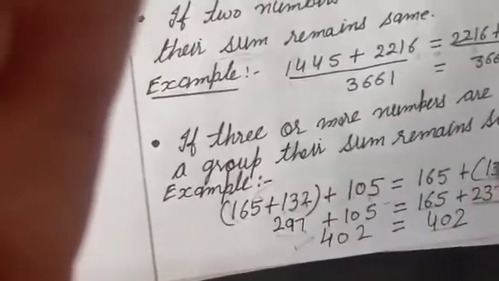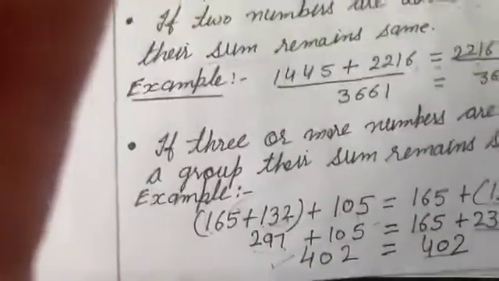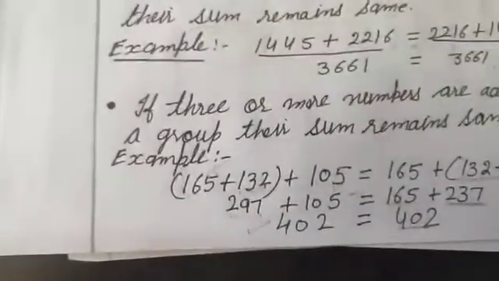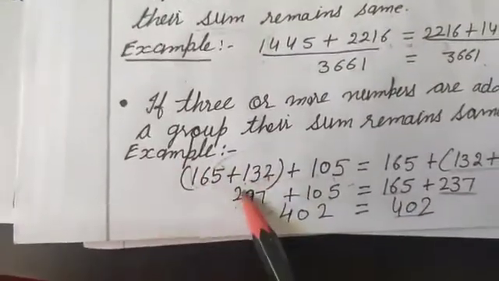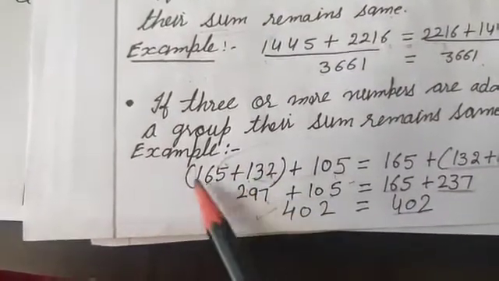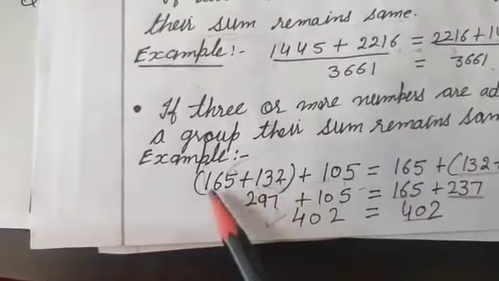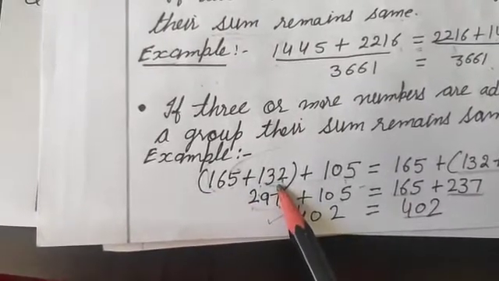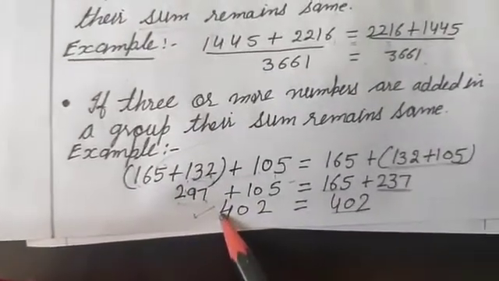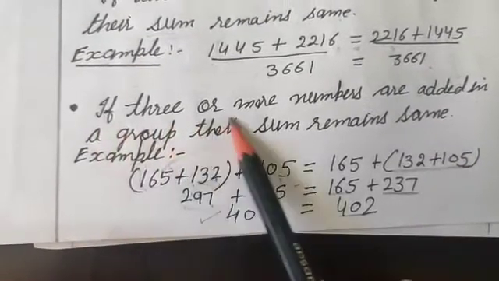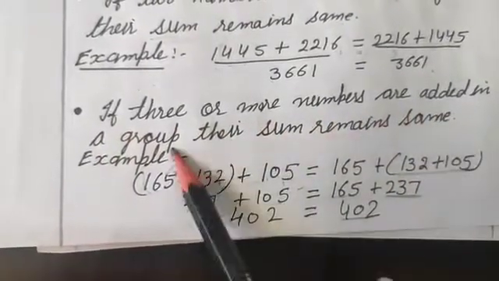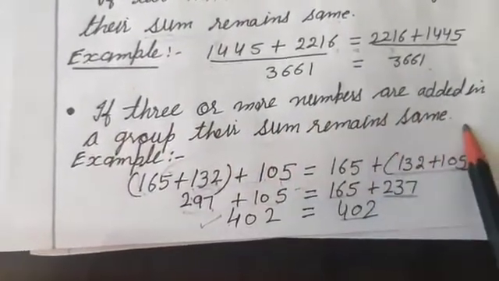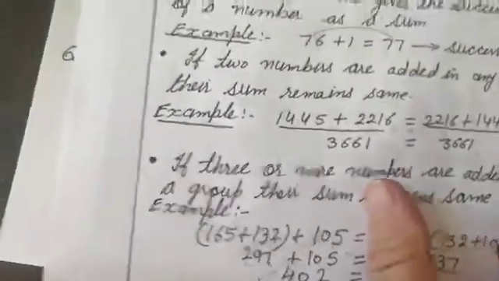So what have we observed? That if we have grouped the numerals, but their digits remain the same, then our sum will remain the same. If three or more numbers are added in a group, their sum will remain the same. With one example, I can clear